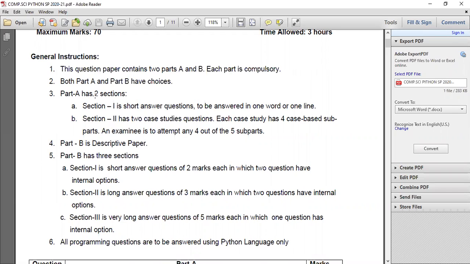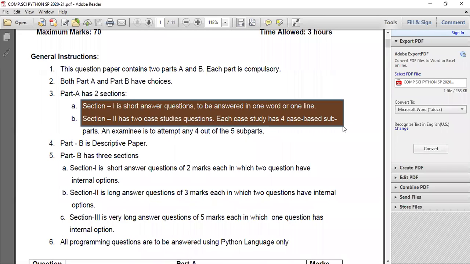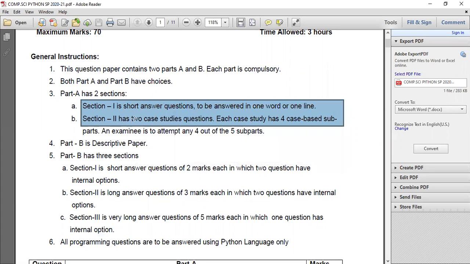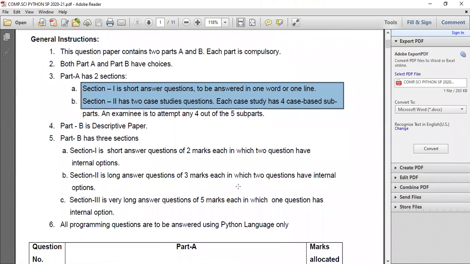Part A is divided into two sections. Section 1 in which you will be having short questions, right? And section 2 in which you will be having case study questions, right? And inside the case study question, there will be 5 subparts. You have to attempt 4 subparts. And in the short questions, in section 1, there will be 21 short questions. You have to attempt any 15,